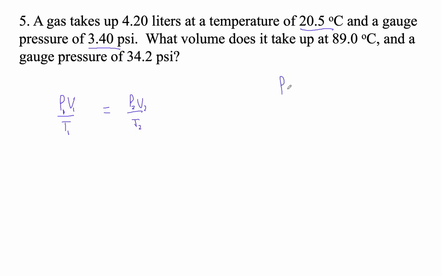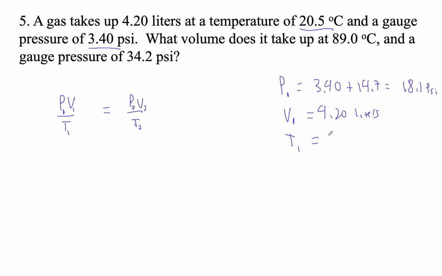So pressure 1 is 3.4 psi gauge. So the absolute pressure is 3.40 plus 14.7. So what is that? 3.4 plus 14.7, 18.1. Okay, V1 is 4.2 liters. Let's see, T1 is